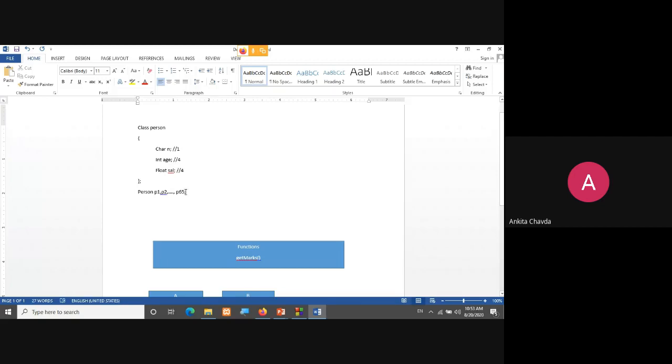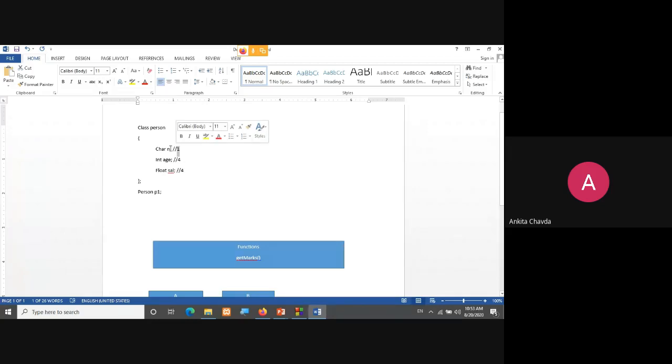And now I'm creating the object, that is person p1, from integer main. I'm not writing integer main and all right now, right? But from integer main, I'm creating one object named p1 for the person, right? This is your class person, which will have any input. Just ignore it right now, but it would be 1 byte, right?